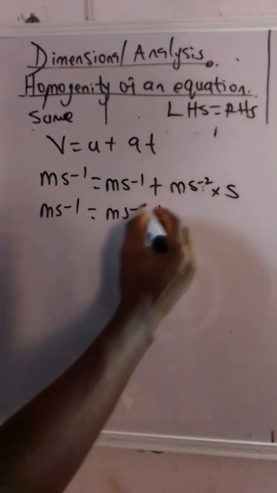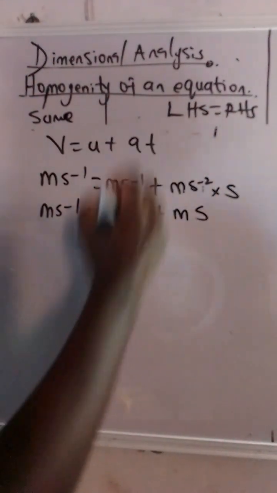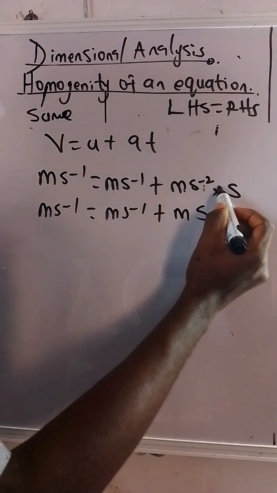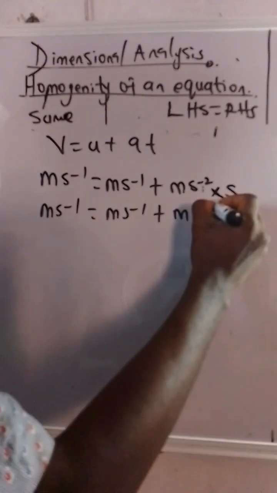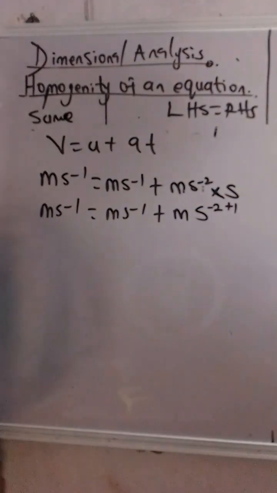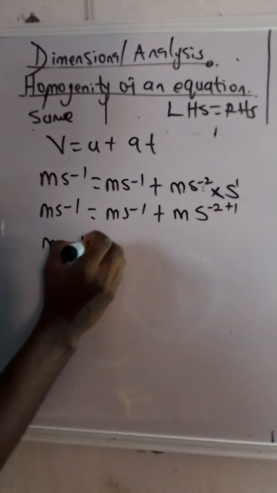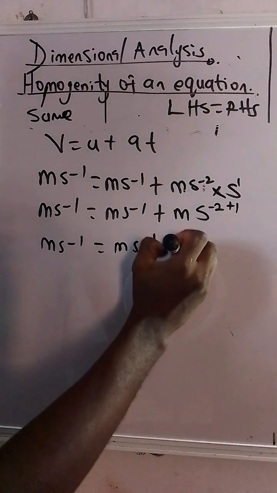now anytime I have these two things, this thing in mathematics is called a base. That means I have to pick one base and I will add the power. Since I'm having multiplication, it's going to be positive. So it's going to be minus 2 plus 1, right? Because there's a 1 here. So let's go. We can have meter per second is equal to meter per second plus